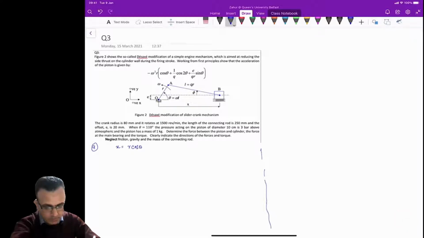cos theta plus qr cos phi here. What we did in the previous case is that we need to calculate this cos phi in terms of theta here. Okay, so now if we look at this diagram here,